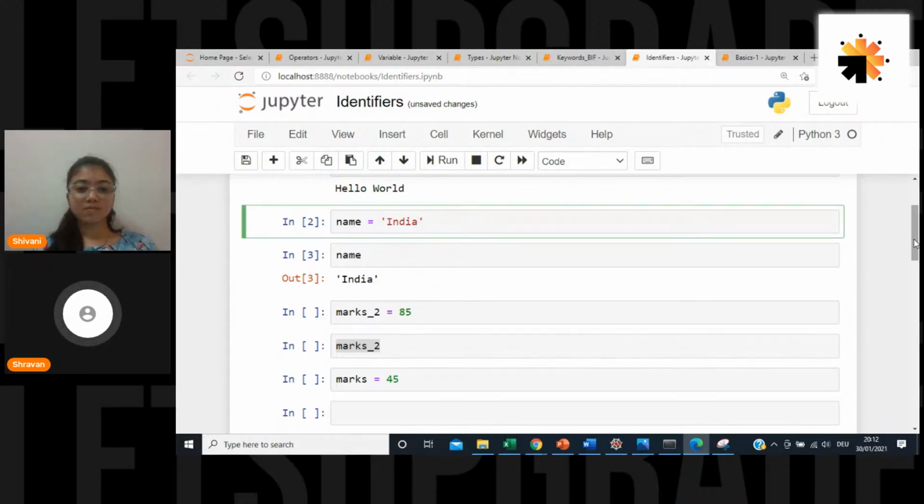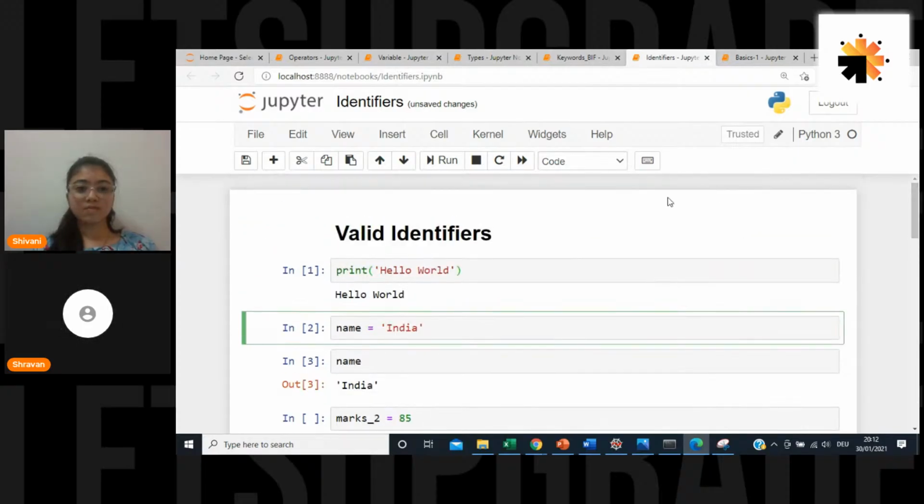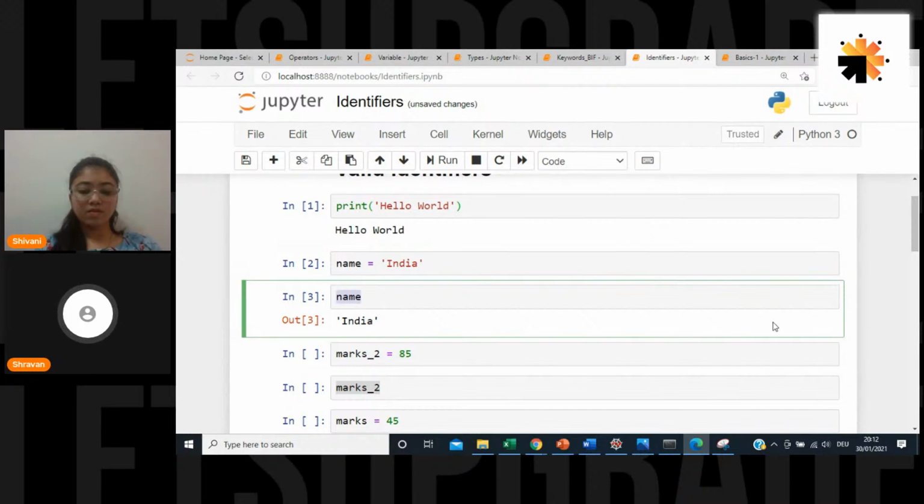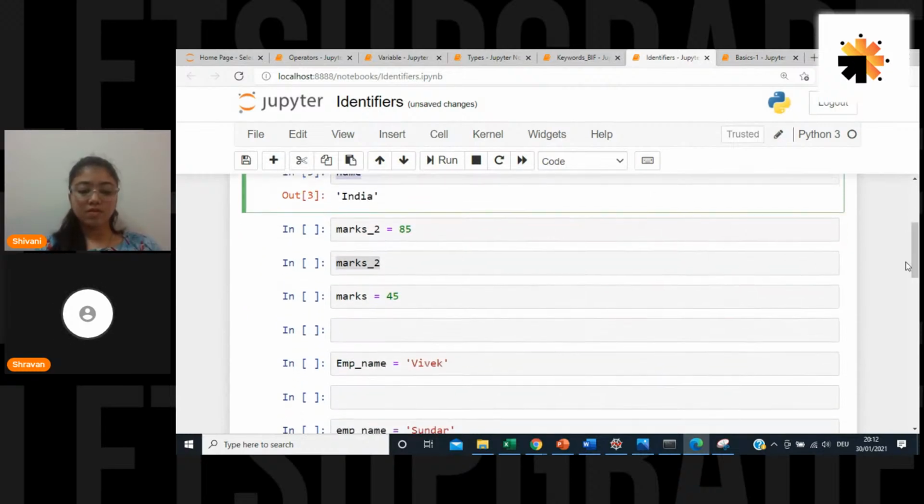But this is the Jupyter notebook. In the Jupyter notebook, we will be running or compiling a code by pressing Shift Enter to go to the next cell, meaning compile and go to the next cell. Otherwise, if you press Control Enter, then it stays on that cell itself. So now I have created a variable. It is name and it contains India, right? And I wanted to see what is inside it. It is India once again.